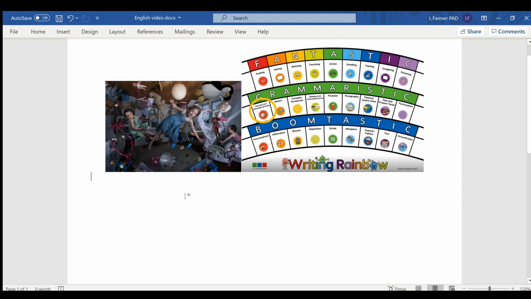I'm going to be doing a range of the fantastics. I'm not focusing on any of them in particular. And I'm also going to put in some boomtastics, so see if you can spot them as I go along. So I'm going to imagine that Nana's going to come up the stairs. I'm going to open my story with a little bit of dialogue. So I'm going to say,